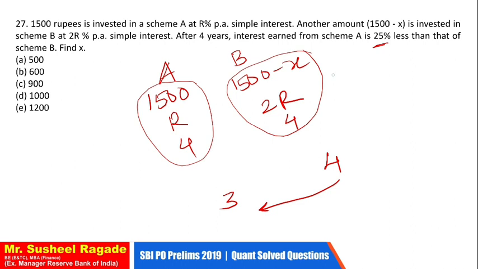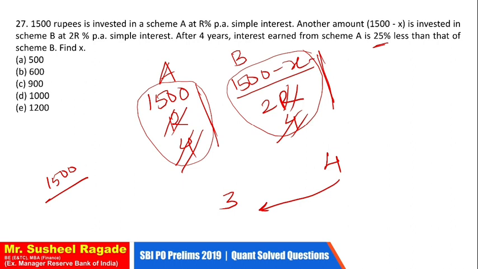So that's why I have written 4 and 3. Now we have to multiply all this and divide by all this, then ratio will become this. But we will remove these numbers 4. Why? Because we have to take a ratio. So ratio of here 1500 divided by here it is this multiplied by this